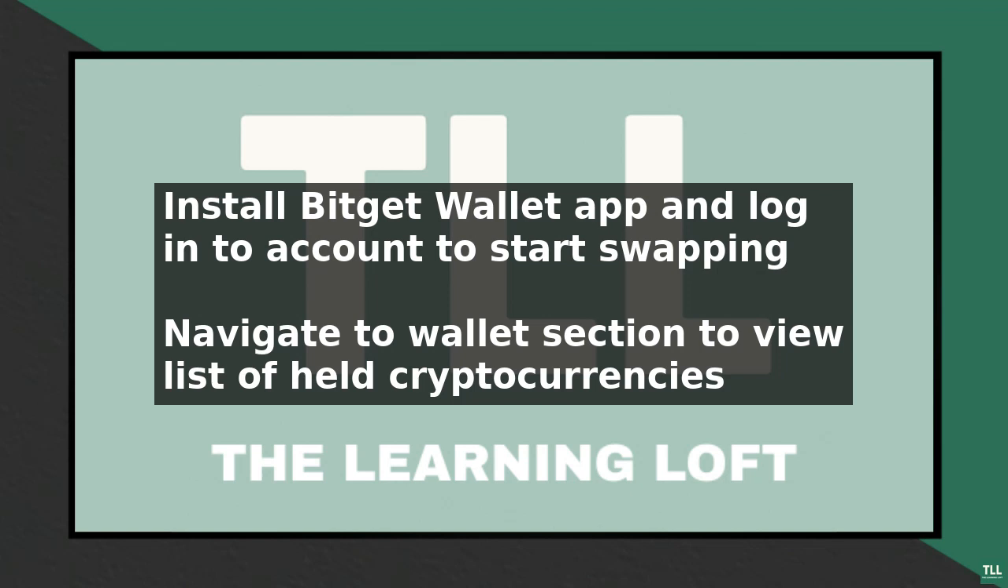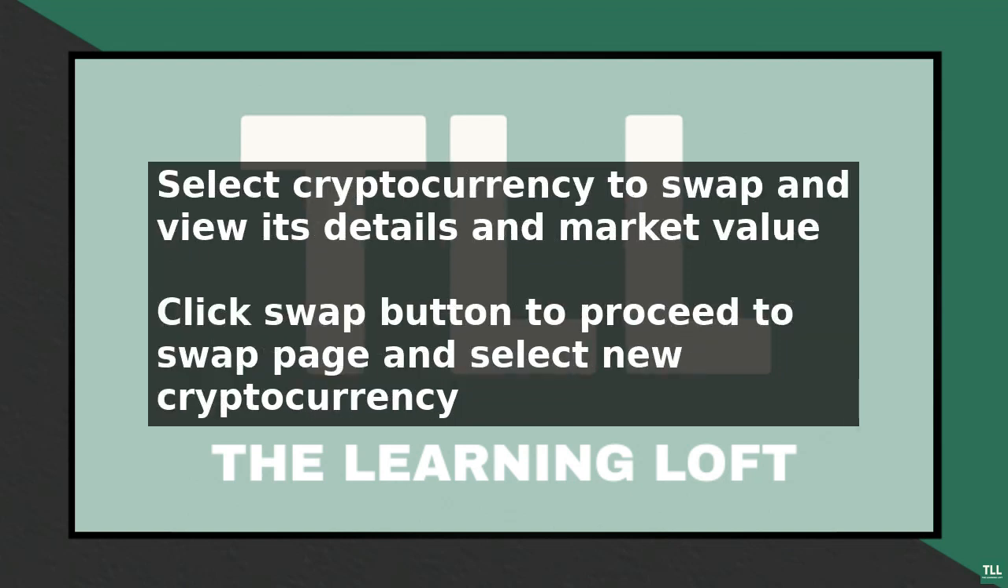into your account. First, navigate to the wallet section of the app, where you will see a list of all the cryptocurrencies you hold. Identify the cryptocurrency you want to swap and select it. You will then be taken to a page that displays the details of the selected cryptocurrency, including its current balance and market value. Next, click on the Swap button, which is usually located at the top right corner of the